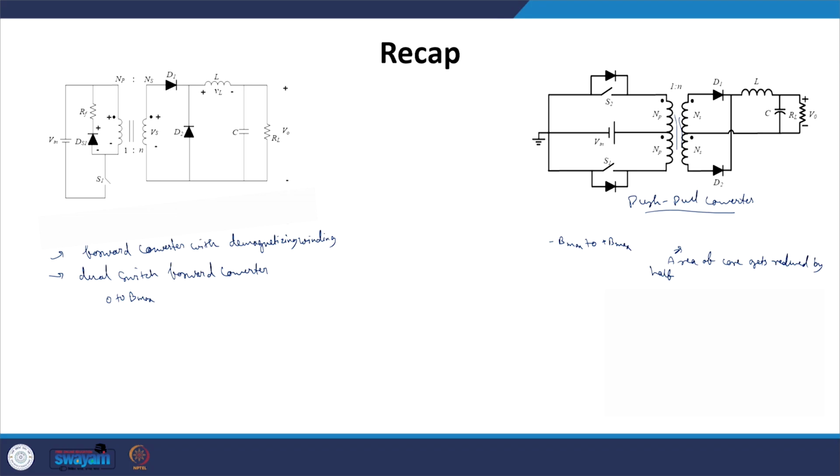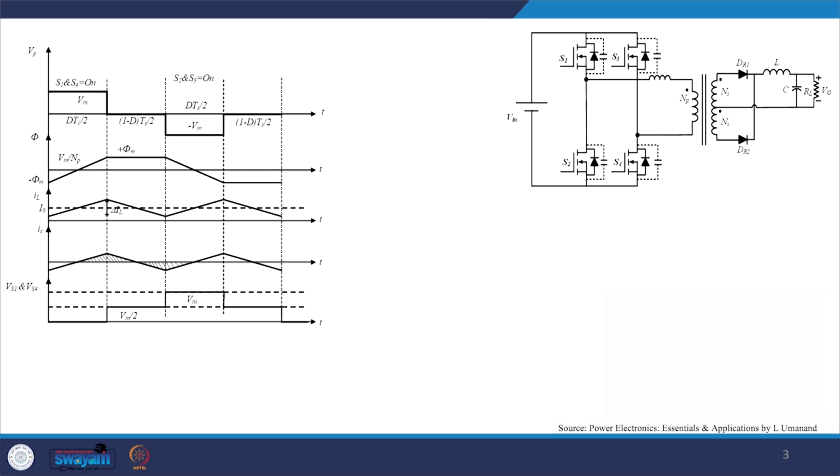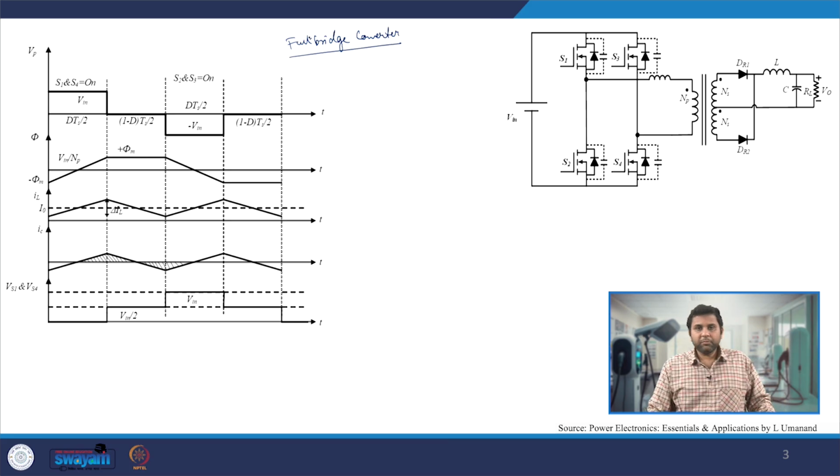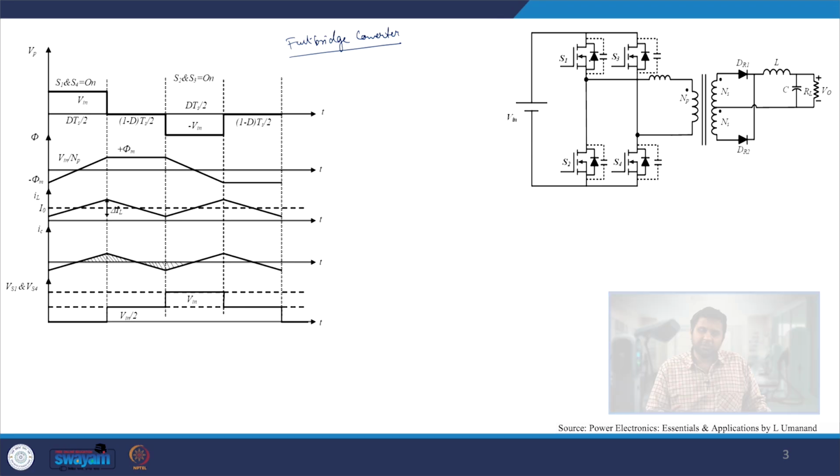Let us move ahead in discussing the other DC-DC converter, most specifically the full bridge DC-DC converter, or you can say full bridge converter. Commonly it is used as a full bridge converter. Now in the full bridge converter, if we look very carefully, we are using two half bridges. Here we have made our switches with MOSFET. One can also use IGBT with a body diode. But here the usage of MOSFET has some advantages. We will see that as we go along in this lecture and subsequent lectures.